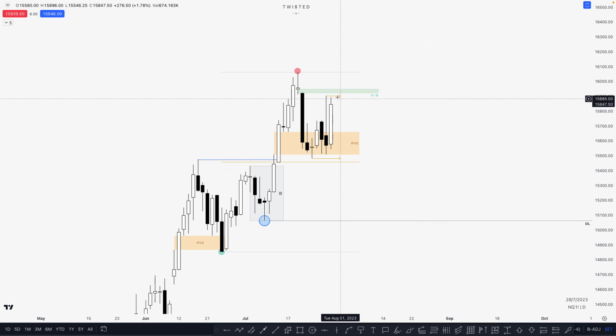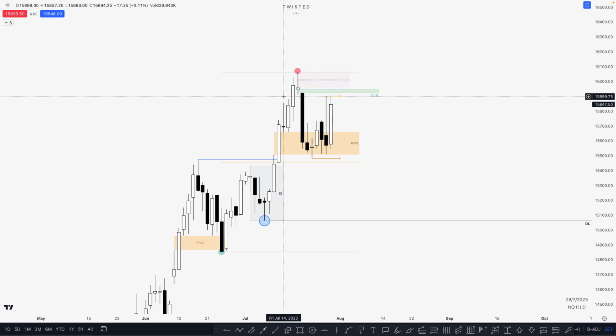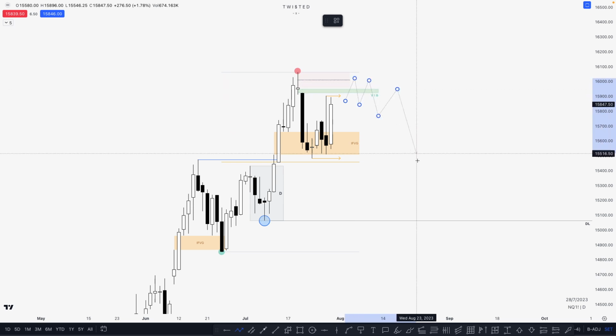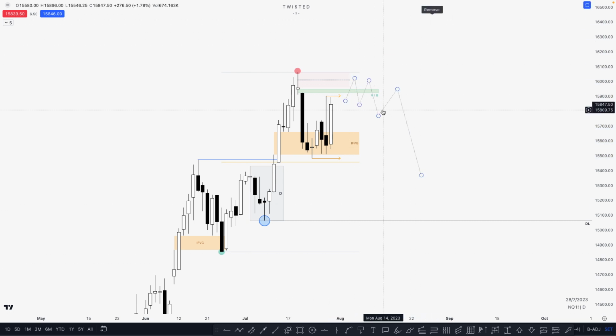So if we break above this, we may look at this volume imbalance to be filled, and then one more area I'll have a look at is that we may see a decent rejection of that, and we just change it to this. So this will be 50% of this rejection wick. So I'm expecting something like this. If price pushes into the area of 50%, we may start seeing some lows get formed, and then we may start breaking down. If not, we may just straight impulse through this and break and go to the monthly highs,